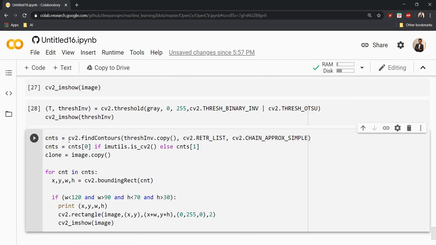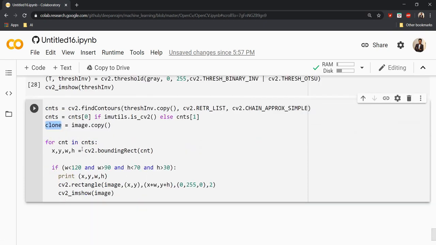Here you can see I'm applying a contour for the same, and I'm cloning the image, and then I use the function cv2.boundingRect. This will help us convert the contour into actual coordinates, which is nothing but x, y, w, and h. If I can get these coordinates, I can draw a rectangle, because x, y will be here, and if I can get the width and the height, I can find this region and draw the bounding box for the same. So using the boundingRect function, I can translate this contour value into a readable value, so that I can use it for a future purpose.